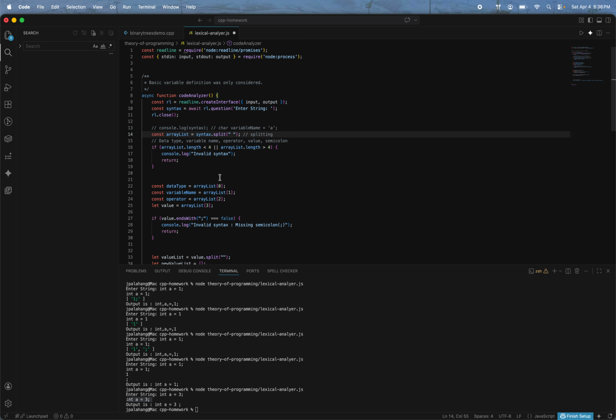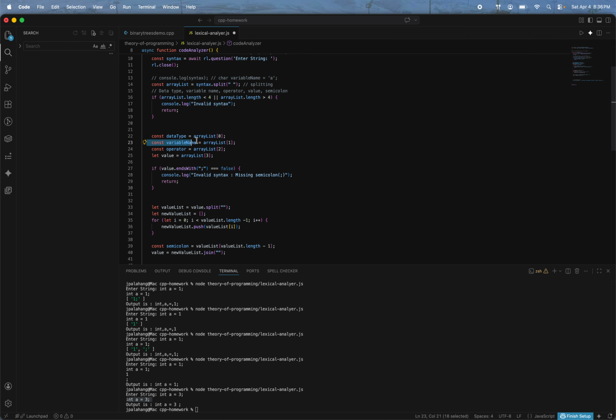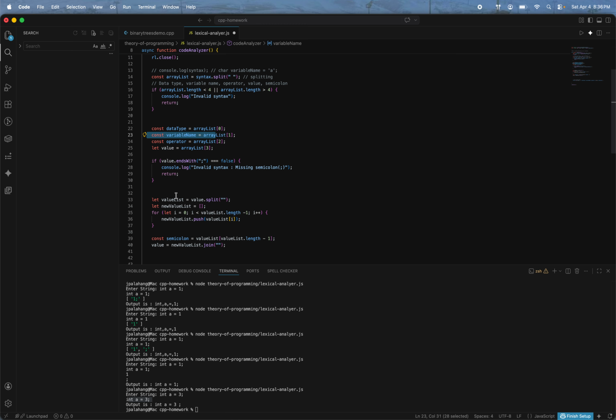If the variable length is less than 4, it means it's invalid syntax. Or if it's greater than 4 as well, it might be an invalid syntax, assuming that the expected input is a basic definition of a variable. Then I have captured the data type, the variable name, the operator, and the value. So the problem here is the semicolon can be along with the value. So I check if it ends with